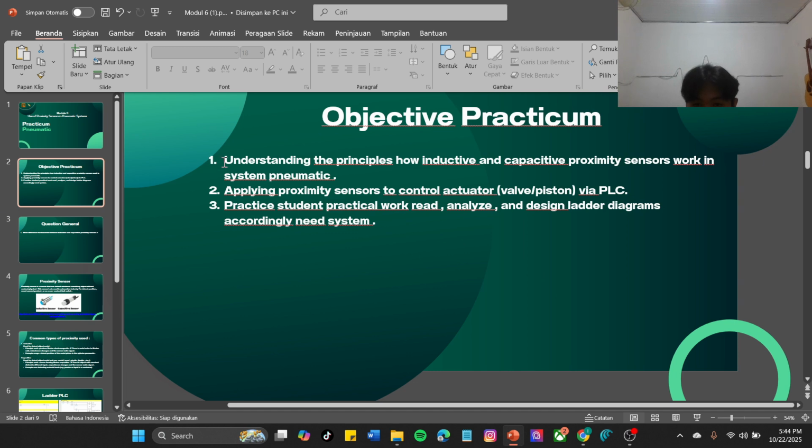First, understanding the principle of how inductive and capacitive proximity sensors work in a pneumatic system. Second, applying proximity sensor to control an actuator, here a valve or a piston via PLC. And third, practical work with analysis and design of a ladder diagram according to the system need.